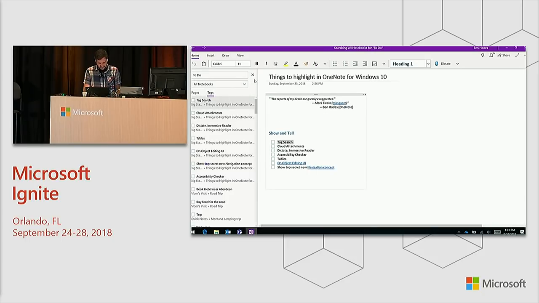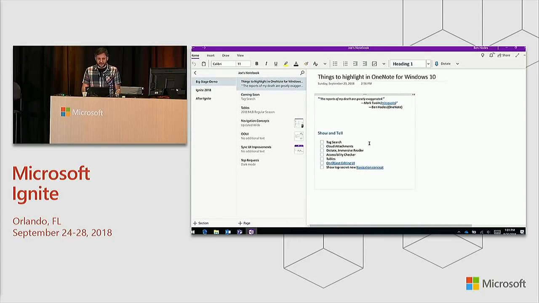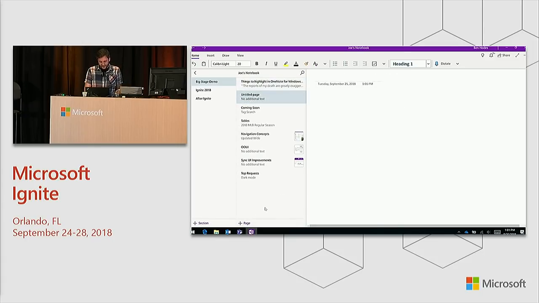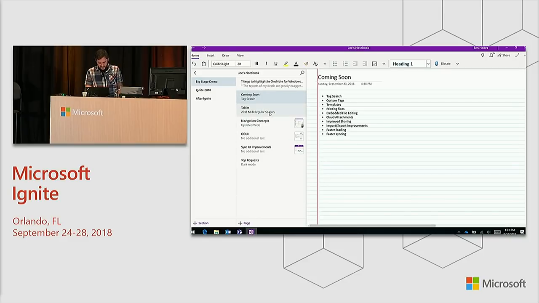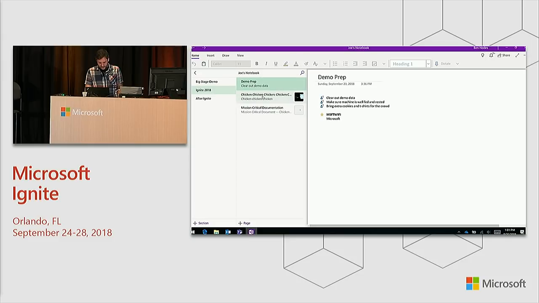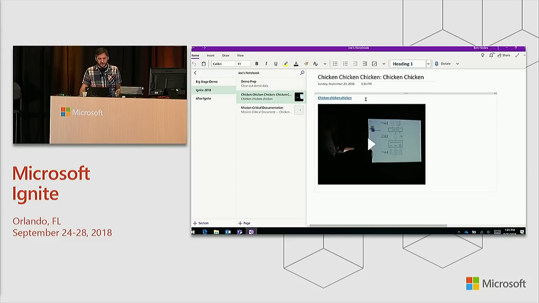So that said, let's see, what do I have? I know I had some to-dos here for this demo. Oh, perfect. So I was able just to search and find my personal demo notebook. I'm going to go ahead and check. Cloud attachments, this is a fun one. So let's say now, whoops, made an extra page. Let's come on down to here,